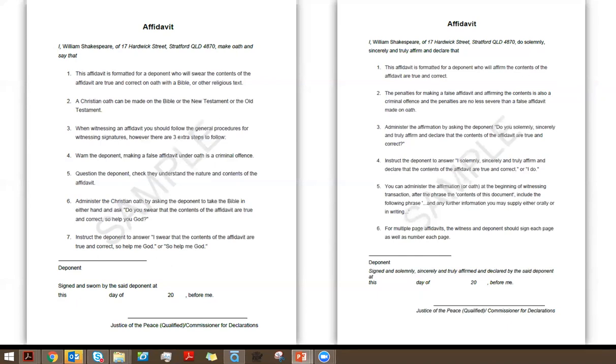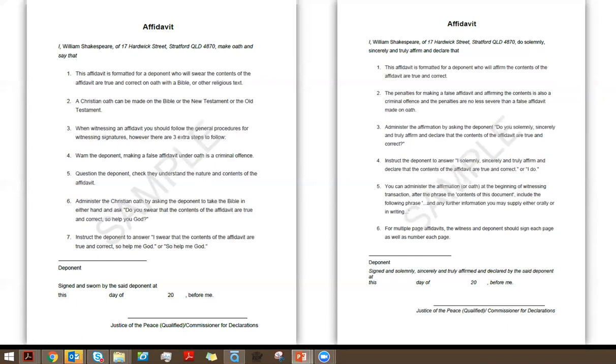You also want to make sure that they understand the nature and the contents of the document. As illustrated in this example, you can either administer the oath or affirmation at the beginning or at the end.